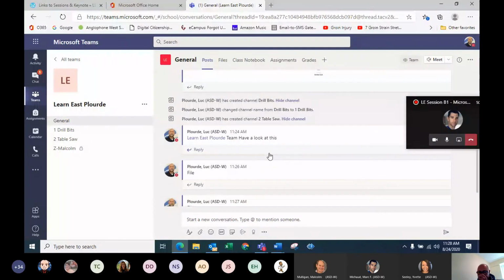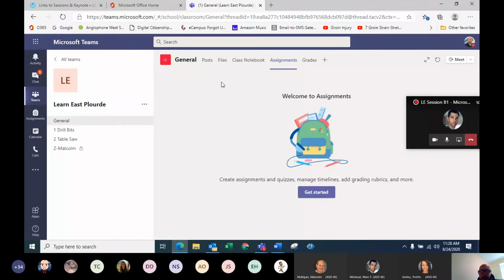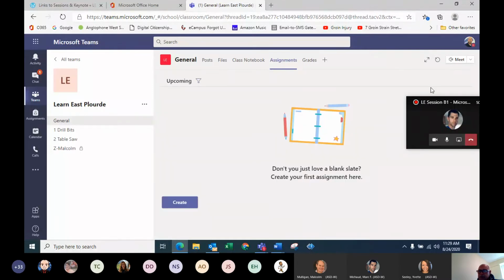So the assignments. I kind of geared this more towards the end here because I'm not sure if this will allow me to do this. I'm going to assume that it's going to. In the assignments tab here, it allows you to create what I refer to with my students more as drop boxes. These are assignments that I've created, but I created them in such a fashion that they knew that they were drop boxes. So if I click on create, I can create from existing